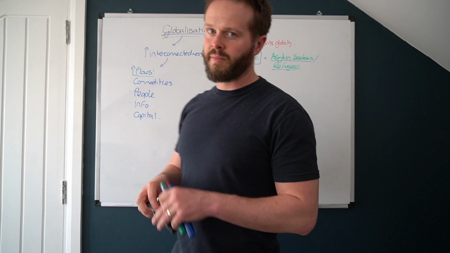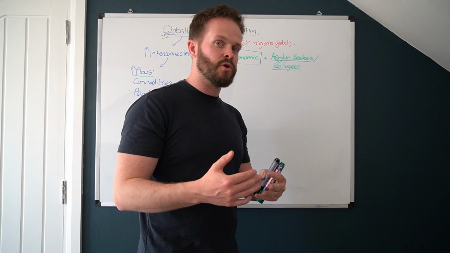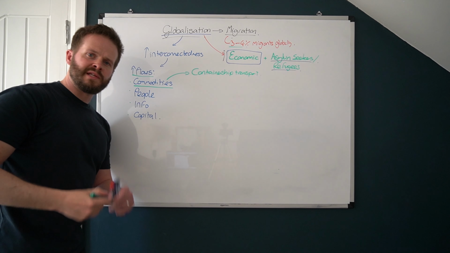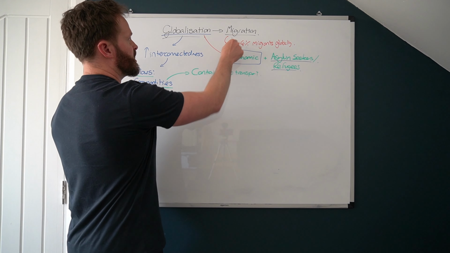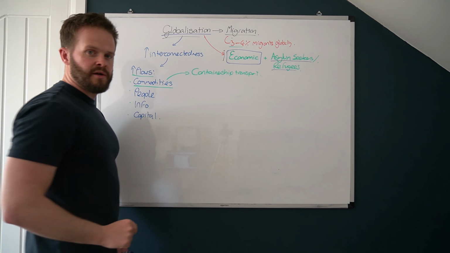Students that do this the best often end up performing the best in your human geography paper because you take that synoptic approach, taking your paper 1 knowledge and making it work in your human paper. Observe. What if we were to link the increasing flow of commodities to increasing migration and try and use a migrant type that we haven't used yet?